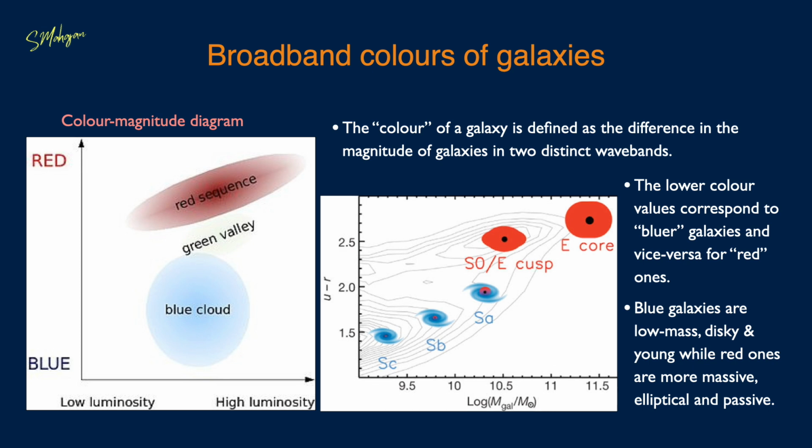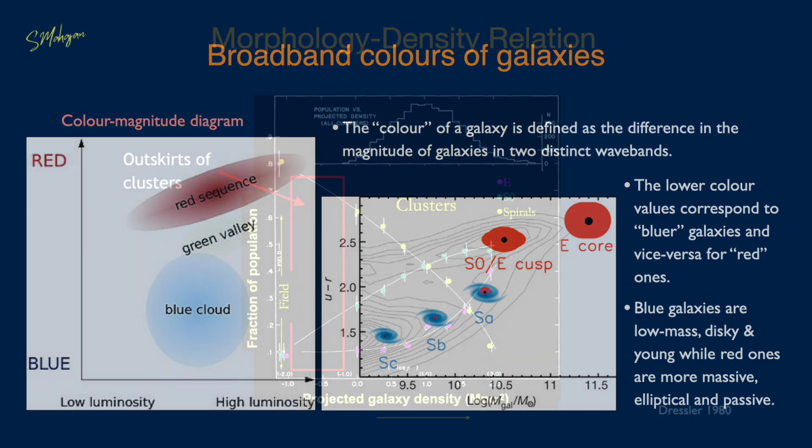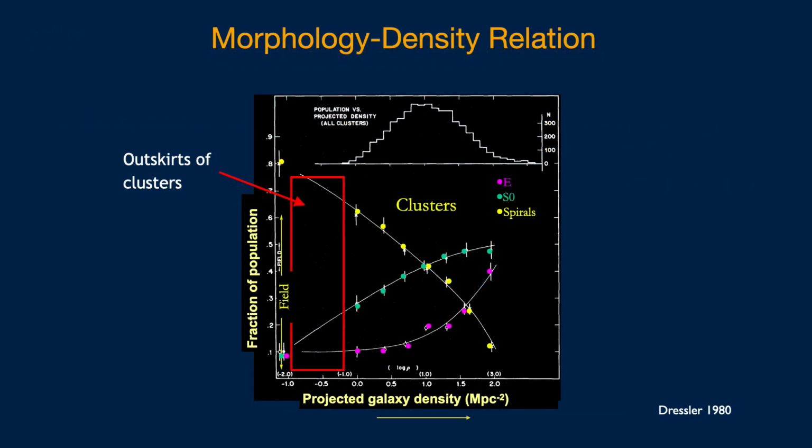For instance, as shown here, the morphology of galaxies evolved from low-mass blue galaxies occupying the bottom left of the plane to ellipticals in the top right. This implies that the physical properties of galaxies such as color and mass are not completely independent, or they both share a similar connection with some other parameter. And that parameter can be the environment of galaxies.